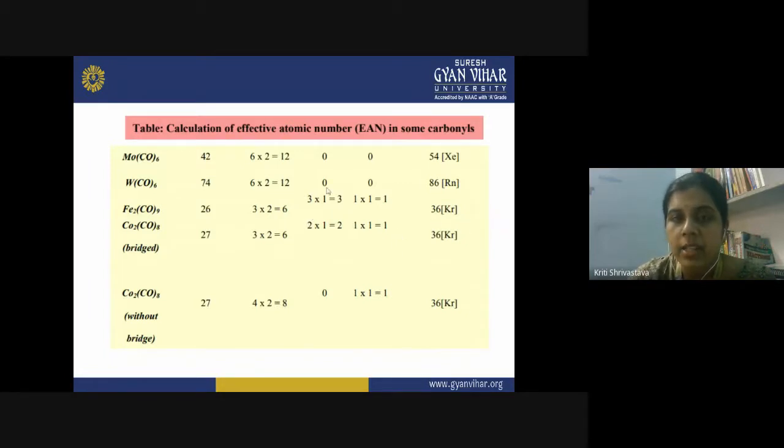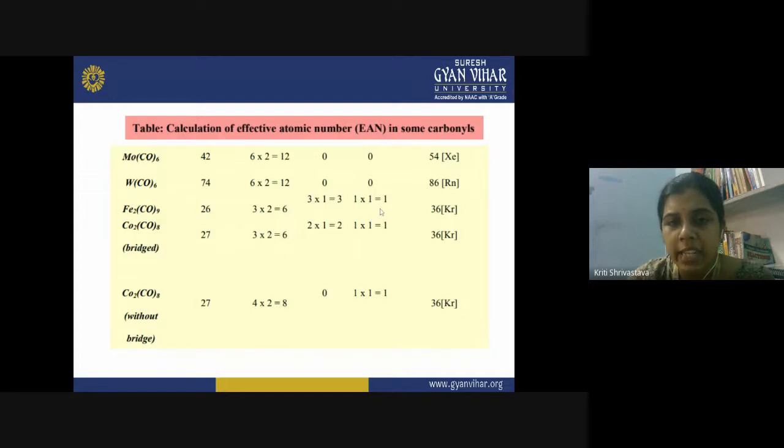So when you are applying the effective atomic number rule, you can actually count how many metal-metal bonds are there. So you take this value, this is the C value. You take the C value as X, then you know the atomic number, you know the total electronic contribution by the carbonyls, and you know that it should come equal to 36 because this is the noble gas in the same period. So the total should come out 36. So you develop an equation like this, and you find the value of X that you have taken in the place of C.